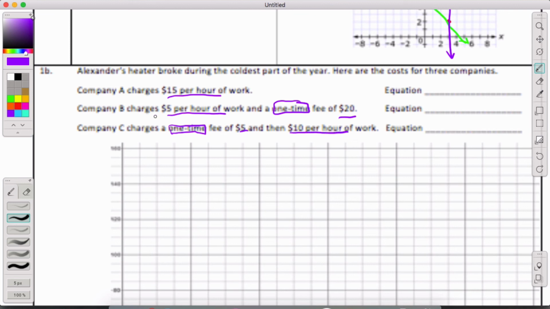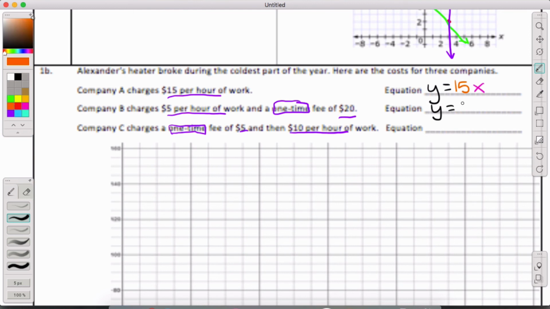All right, so for company A, I'm going to say that this is going to be y equals, use different colors here, 15 times x. X is the number of hours it worked, y is the total of money that is owed, or that person will make for that number of hours of work. So here, we're going to have y equals,